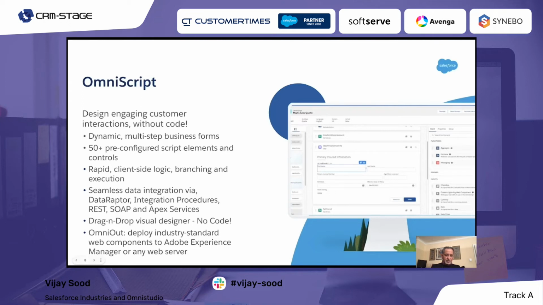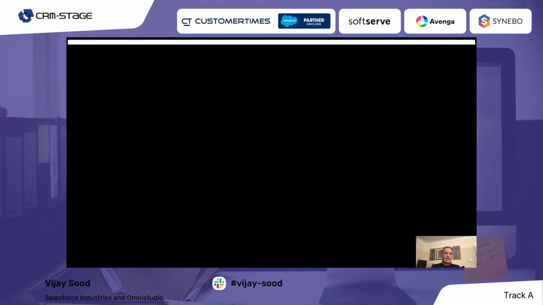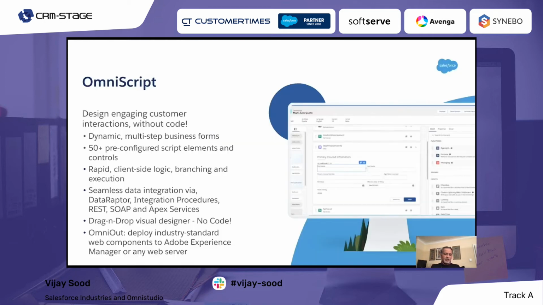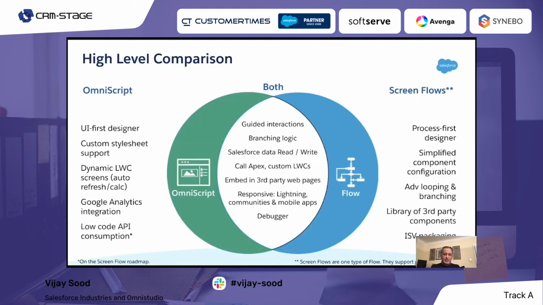Okay, so sometimes the question is, Salesforce has a number of technologies like ScreenFlow. So sometimes the question is asked, what's the difference between using OmniScripts and ScreenFlow? So I'll give you a high-level comparison and what I would say. ScreenFlows are native to Salesforce, and they are a process-driven technology designer. OmniScripts are based on a